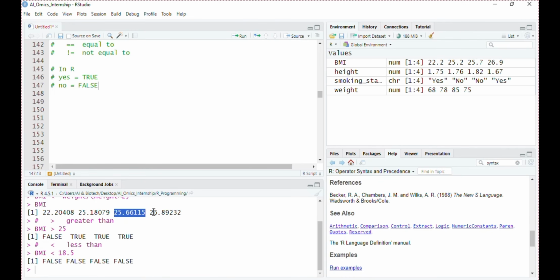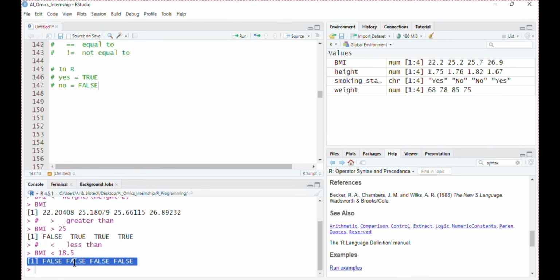Similarly, when we ask if the BMI is less than 18.5, we don't have any value less than 18.5, so all the logical conditions are false. In this way we can use these comparison operators to filter out and find important information from our data sets.